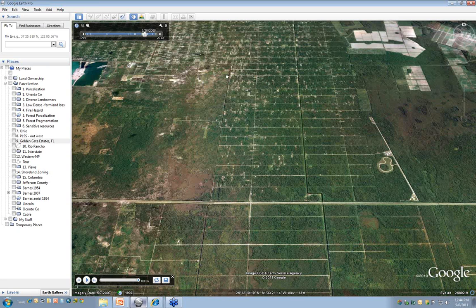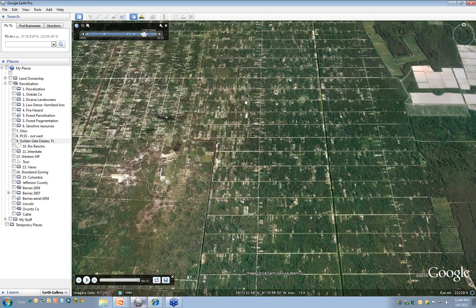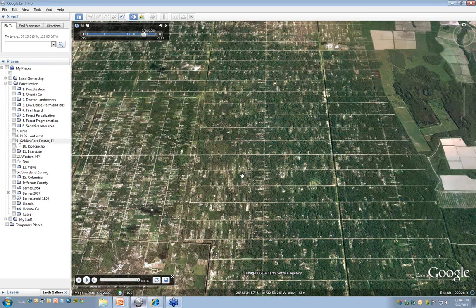Now, some folks would think that rural parcelization isn't necessarily a bad thing. New people bring in new ideas, raise revenue, and create jobs. But that isn't always the case, especially with these large pre-platted subdivisions. With the baby boomers looking to retire, some of these areas that have undergone parcelization and have a lot of vacant lots have been undergoing huge population shifts. People are retiring there, and they don't have the adequate services to support a population like that. So you're finding a lot of negative impacts in some of these rampant parcelization areas.